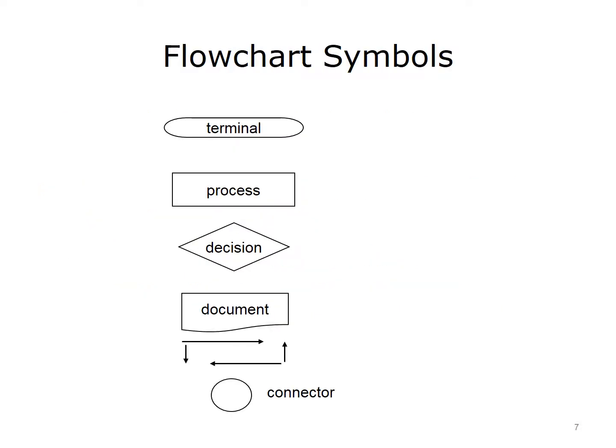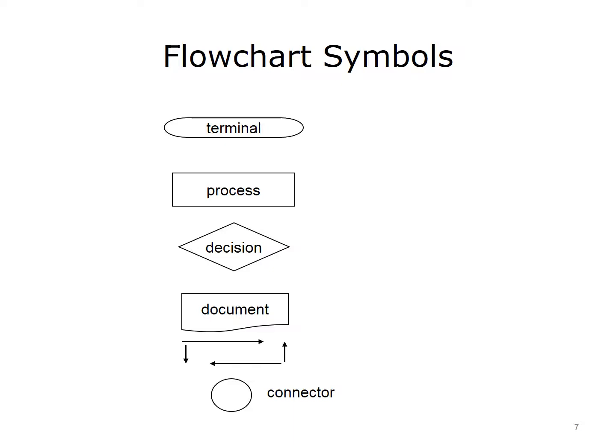Reviewing from Unit 2, the terminal symbol is a rounded rectangle which identifies the beginning or end of a process or origin and destination of data. The process symbol is a rectangle which designates an activity. Within the rectangle is a brief description of that activity. The decision symbol is a diamond which designates a decision point from which the process branches into two or more paths. The path taken depends on the answer to the question which appears within the diamond. Each path is labeled to correspond to an answer to the